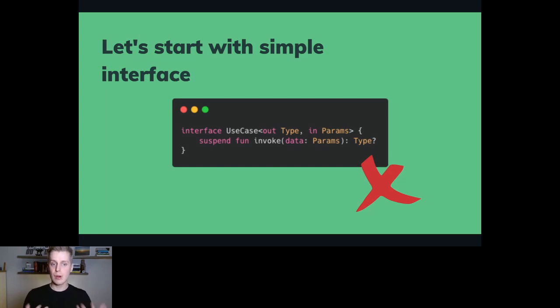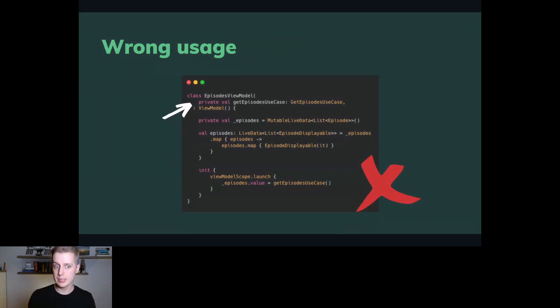But the problem is how we use that abstraction, how we use this particular interface, because we probably use it this way. When we have a view model, we don't call an abstraction, but instead we call a direct implementation of the use case. And when we call a direct implementation of the use case, we don't have any advantage of using an abstraction, right?